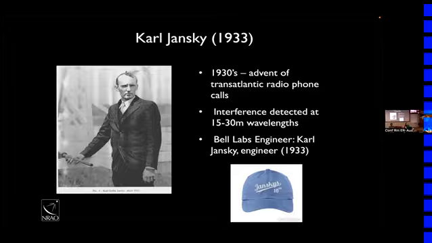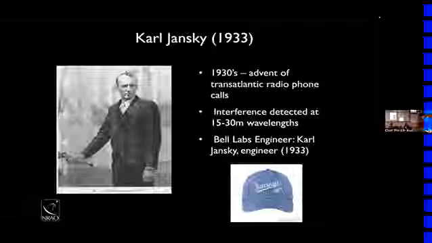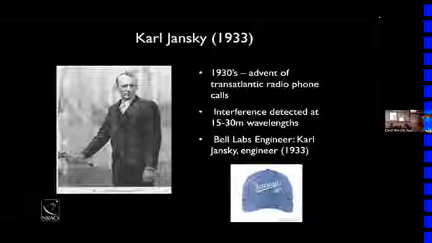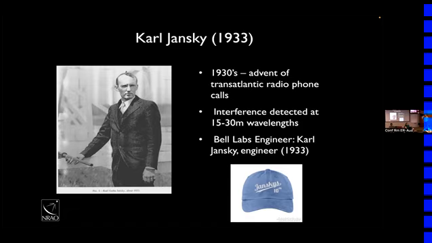Now, you may well wonder why there's a baseball cap there. Well, there's two reasons. One of which is the National Radio Astronomy Observatory softball team based here in Charlottesville. We are the Janskys. That is the name of our softball team. And you may notice instead of a number on the hat, we have 10 to the minus 26. Any idea why we would have such a weird number on there?